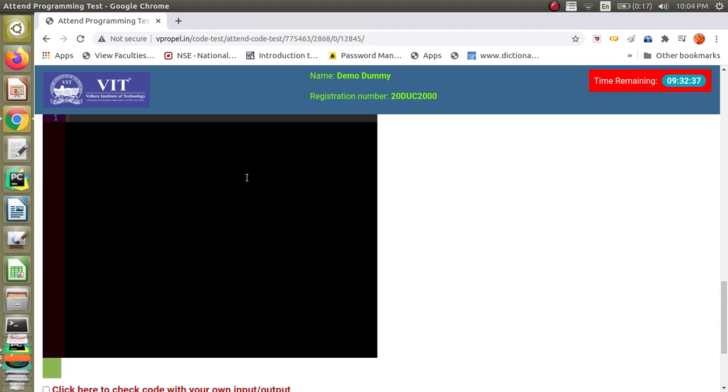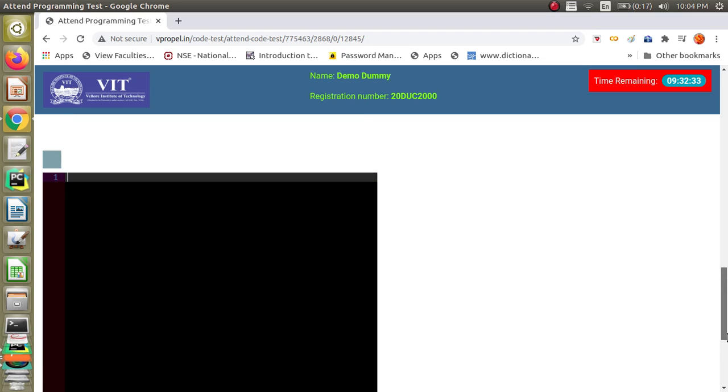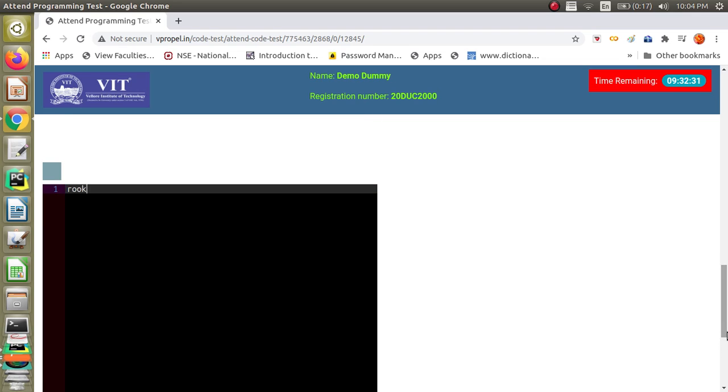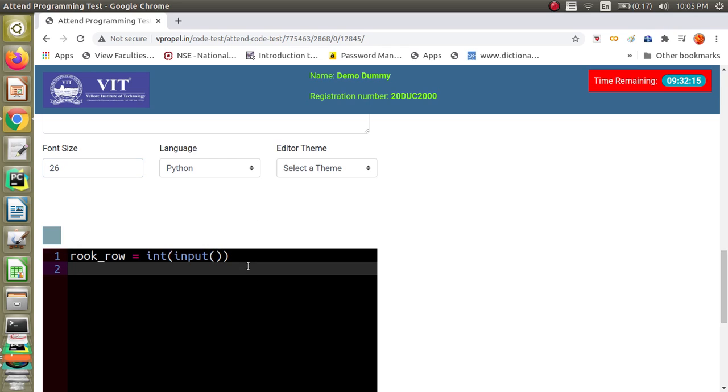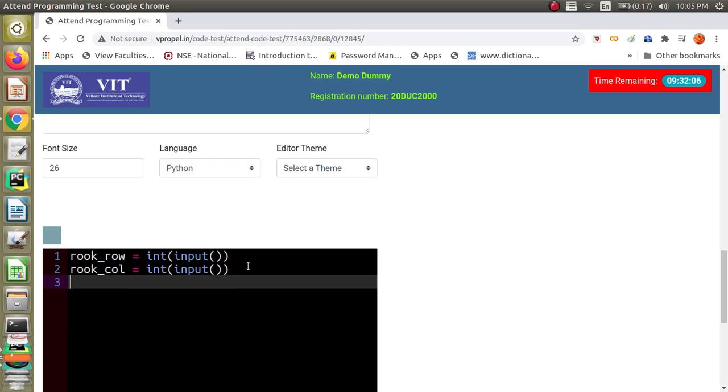So we will read the input one by one. The first input is going to be the row of the rook. Let me say as rook row, and let us read it. It's going to be an integer input. And then the column of the rook, which is also going to be an integer input, and then queen